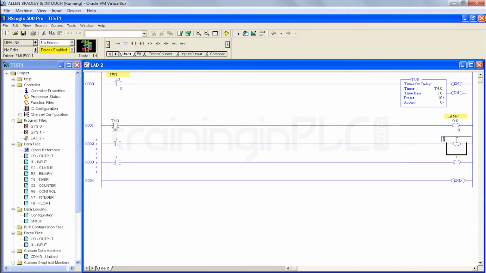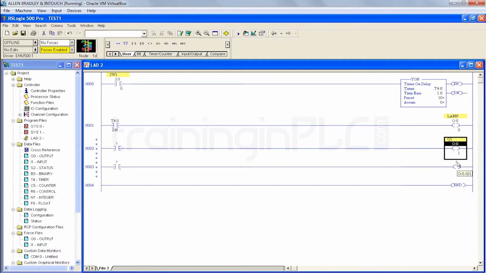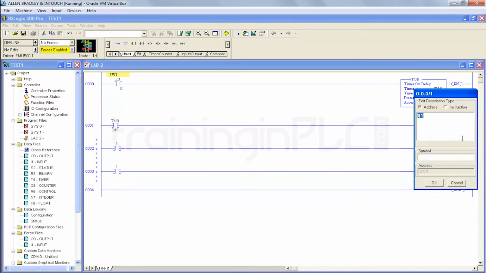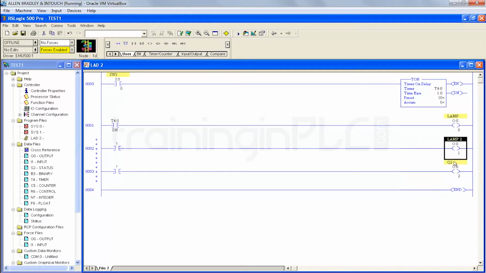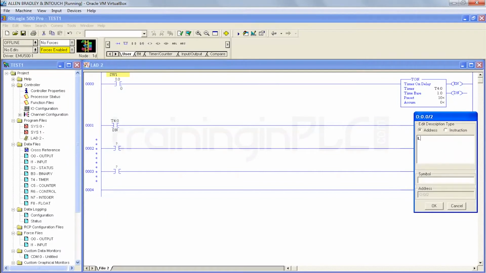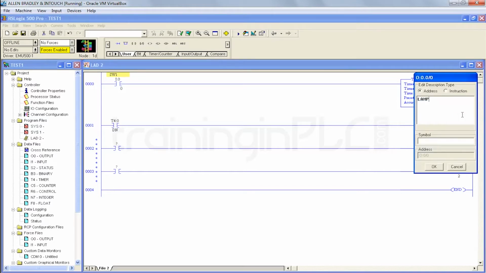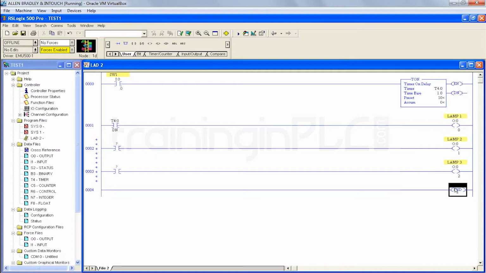So I'll connect the next output here, Q1, Q2. You can rename this as lamp 2 and this may be lamp 3. You can change this to lamp 1. The description and all is for our understanding only, right?